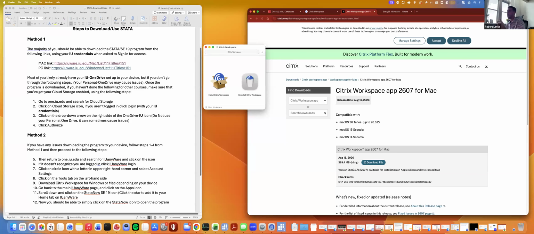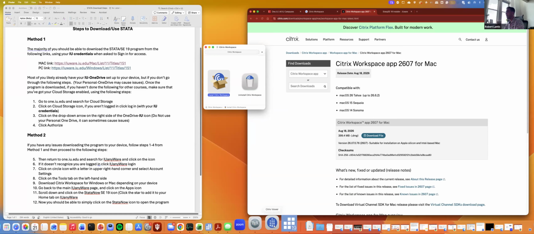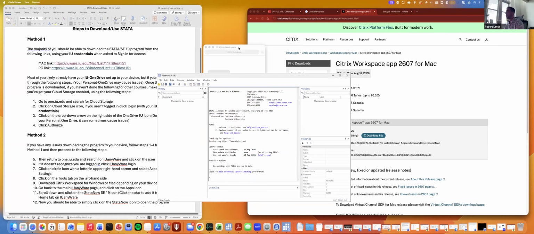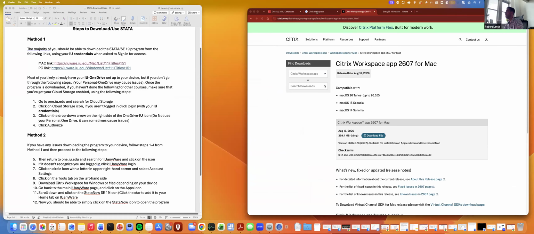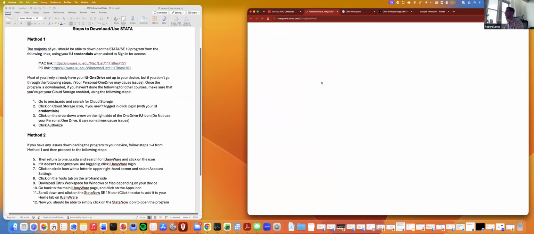It'll walk me through it once my IU email address and password. I'm not sure why it's asking me for this. Oh, here, because I already have it downloaded. But if you don't, these are the steps that you'll want to go through to get that installed. Now, once you have that installed, if it wasn't opening up the program before, now when you go back to IU Anywhere and you go to apps and Stata